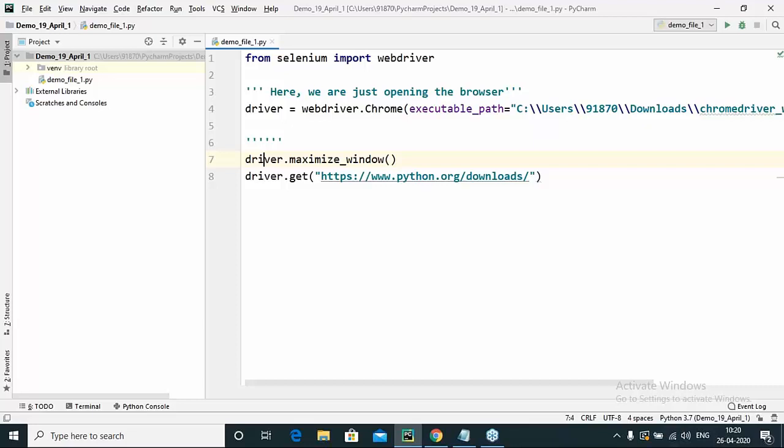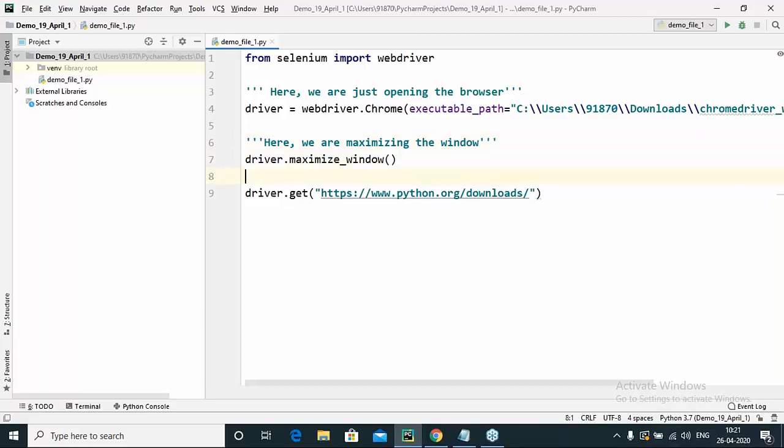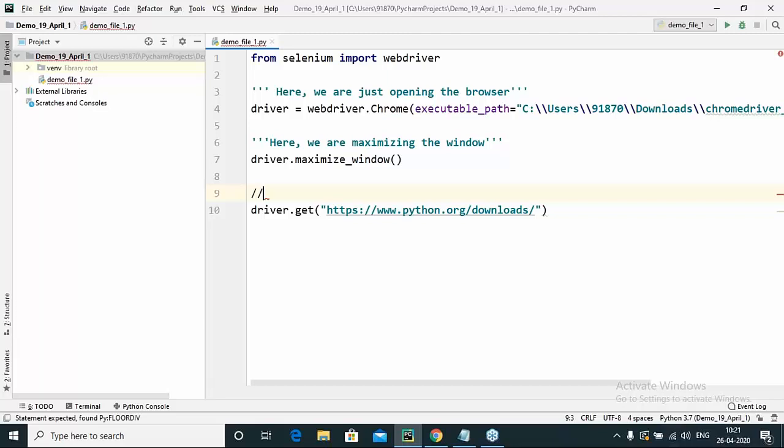What does driver.maximize_window mean? As the name says, by default, the Chrome browser opens in a minimized window. If you want to maximize it, we can do so using this command.